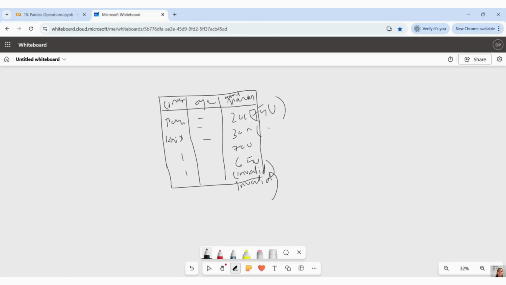Or maybe some string value was inserted, or maybe they left it empty. An empty string may be present. In those cases, what will it do?